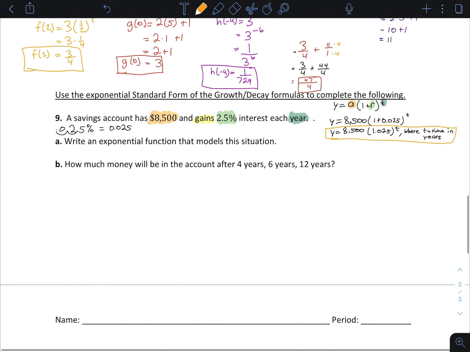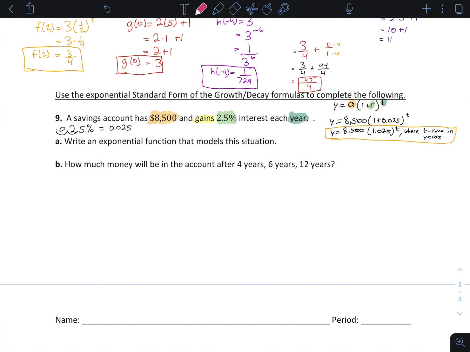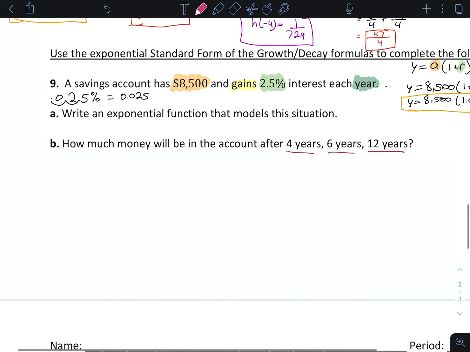Now let's actually get some practical stuff. So let's say you're trying to invest and you invest 8,500 with the interest of 2.5% each year. How much money will be there after 4 years, 6 years, or 12 years? So this is a good thing. Let's say you're a freshman, you need to invest this. How much will you have when you graduate? So after 4 years,